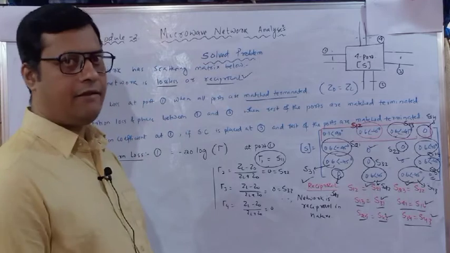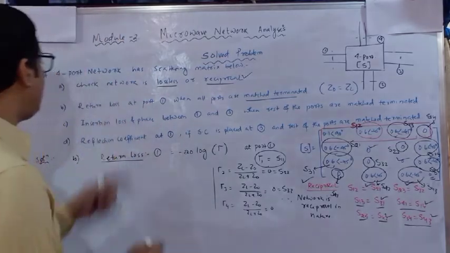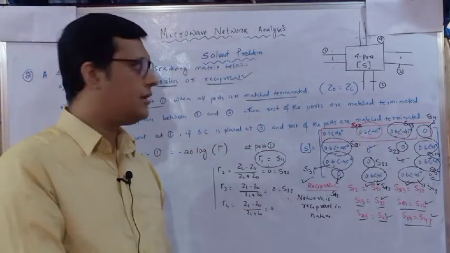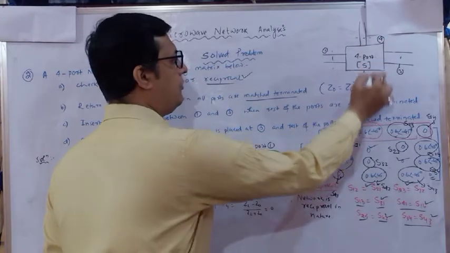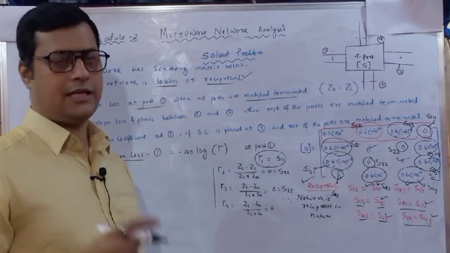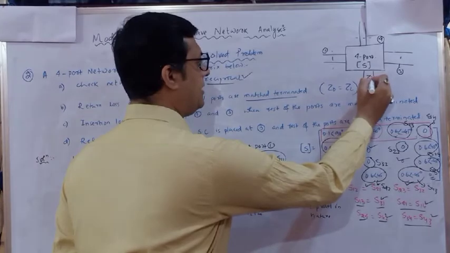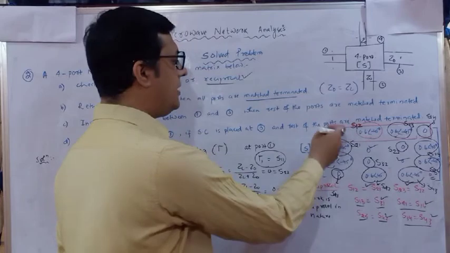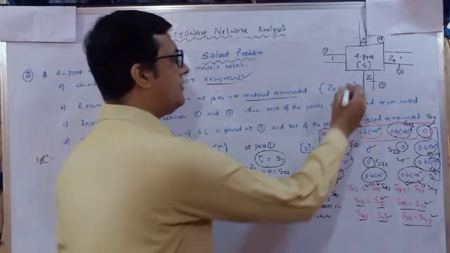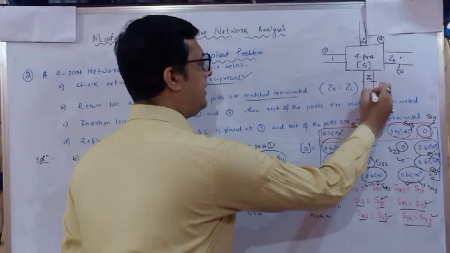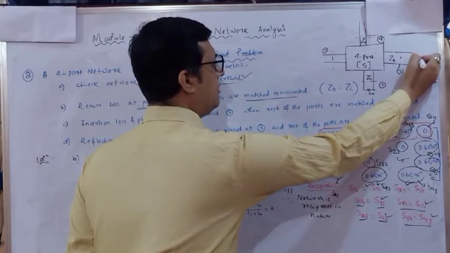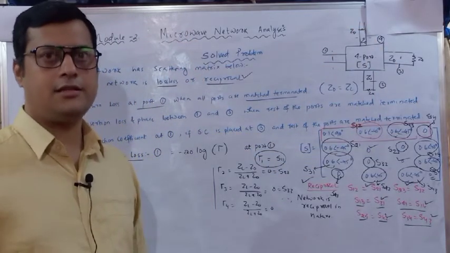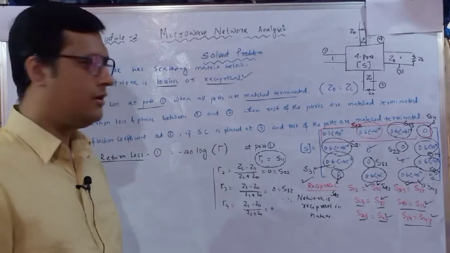Done. So what is left? Only port 1. So as per the question, we have to identify the return loss at port 1 if all other ports, meaning port 2, port 3, port 4, are match terminated with the characteristic impedance. This port has characteristic impedance Z0, this is also Z0, this is also Z0, and here some parameter is there, S11 is given. Okay. So if it is terminated with a load impedance Z0, your reflection coefficient is 0.